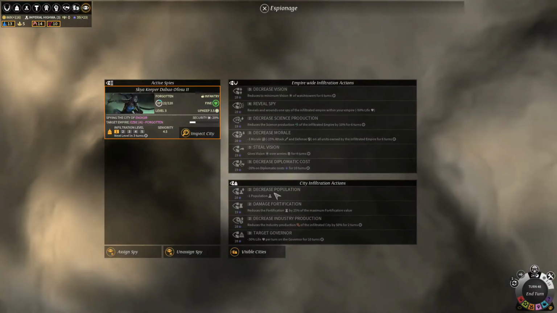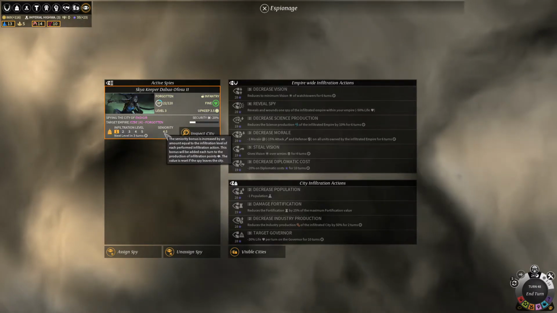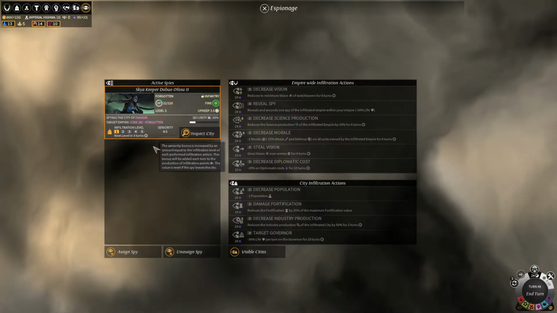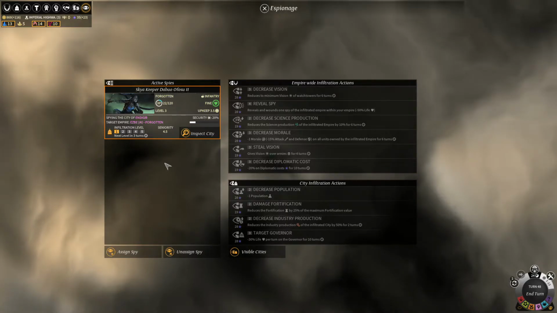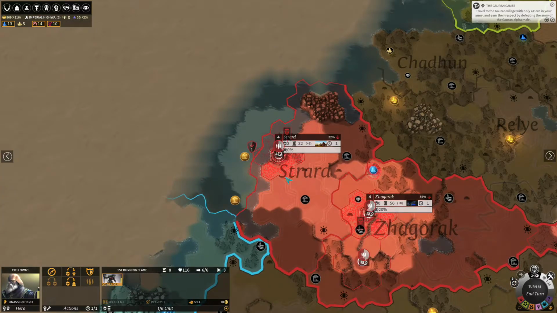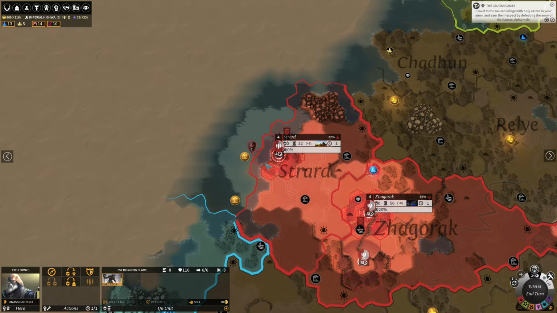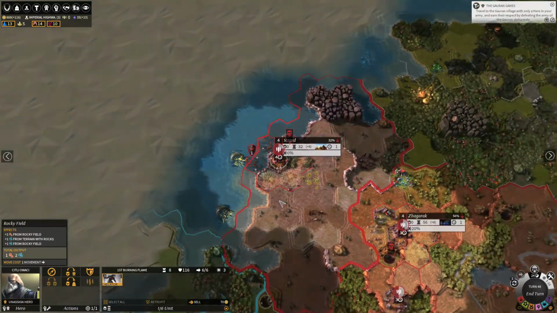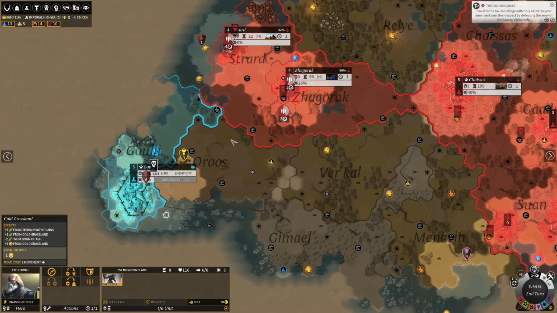So that means our seniority went up to 4.5, and this is a stat that's going to continue to increase as we continue to stay in this city and do actions. The longer we stay there, the higher it'll get. Now, the one downside is, I think if you pull your spy from a city and then go into a different city, you do have to kind of start over in a sense, which kind of sucks. But